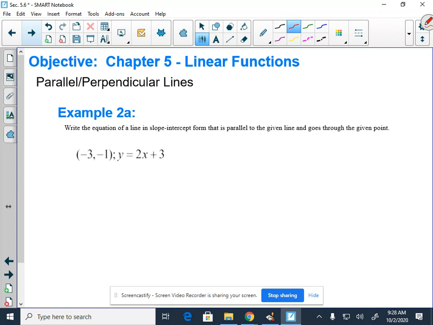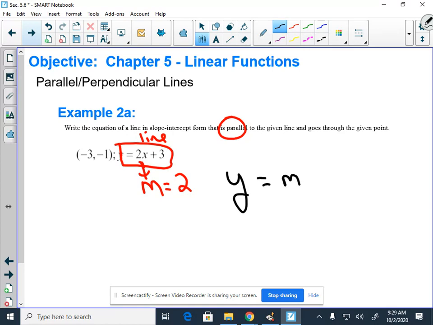We did this a little bit. Write an equation that is parallel to the given line and goes through the given point. So first of all, this is the line. The slope of this line would be 2, because that m is 2. Now we're bringing back something that we did a while back. We haven't done this for a little while. But if you remember,